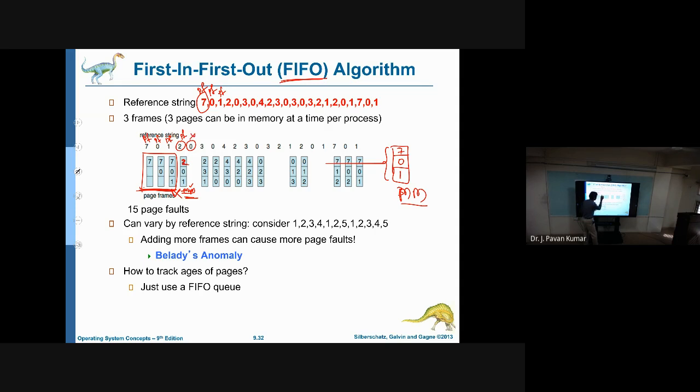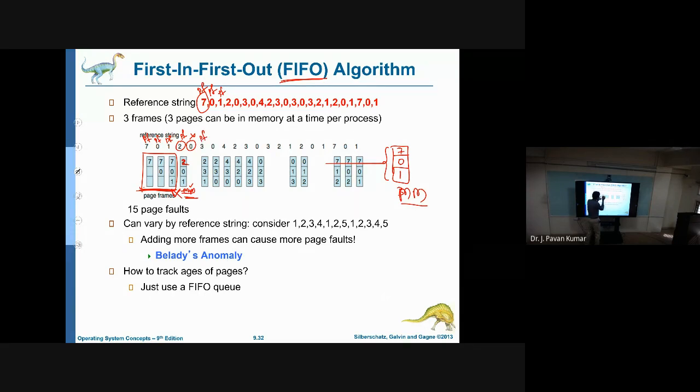Next, 3. Are we having 3 in the main memory? No. So one of the 3 we have to select. Which one we have brought first out of these 3? 0 we have brought first. So that 0 we have to select to replace. So 3 means again page fault.